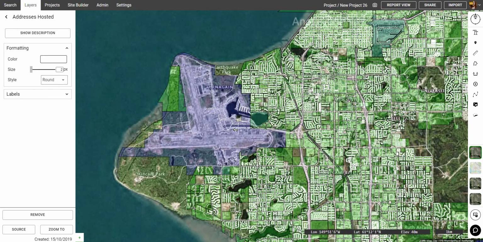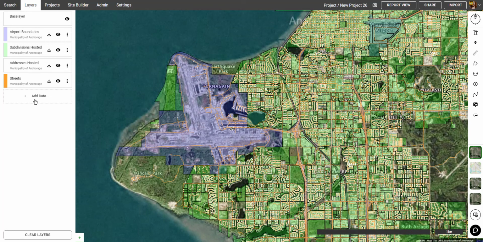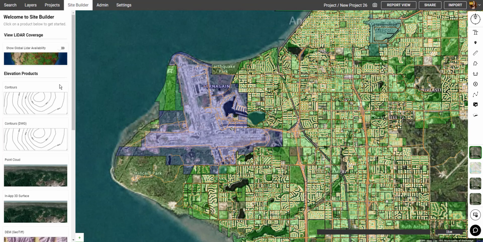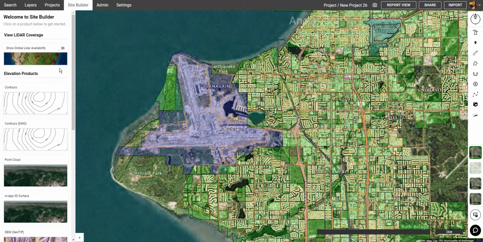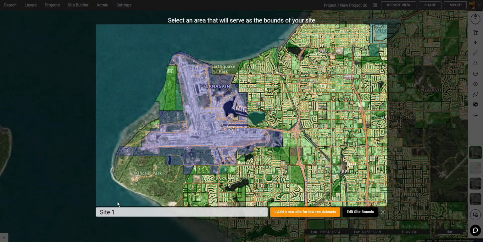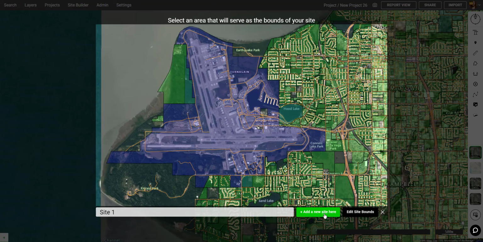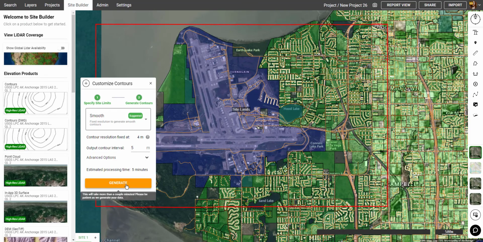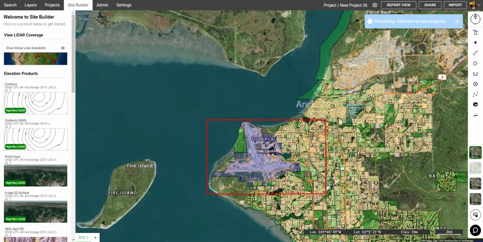Now let's add some data. First I'm going to check the lidar availability. We see a green box, that means we have got high quality lidar here. Click on contours and create a new site. It'll take 5 minutes to process, so in the meantime,